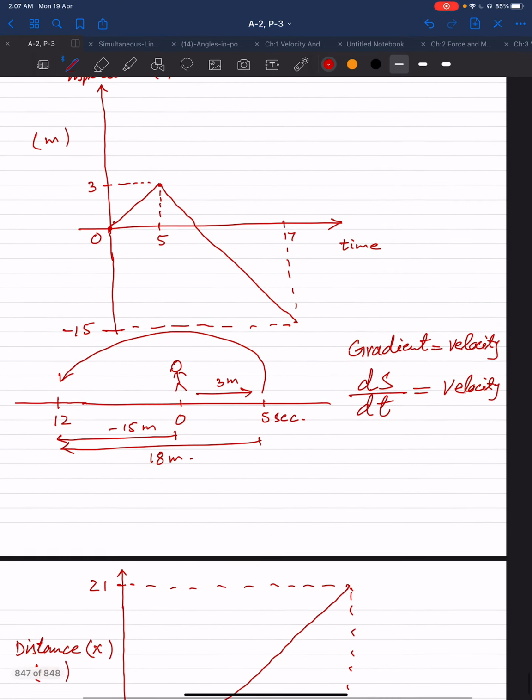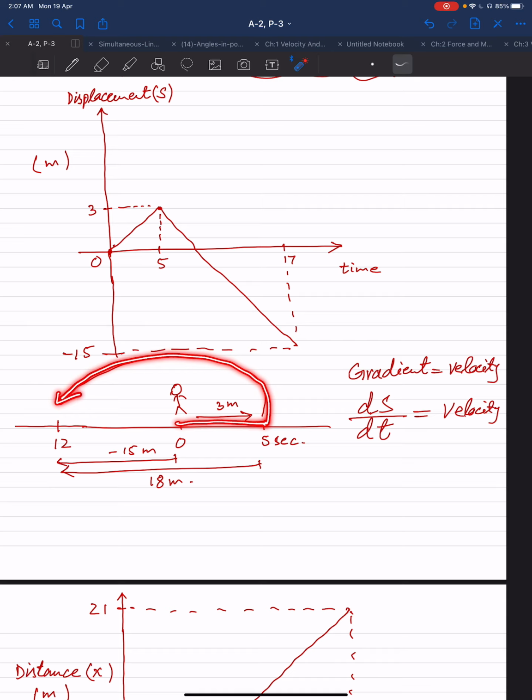So velocity can be, this means that this is in this direction. Its displacement is 3 meters, and when it has gone in the opposite direction, the displacement is now